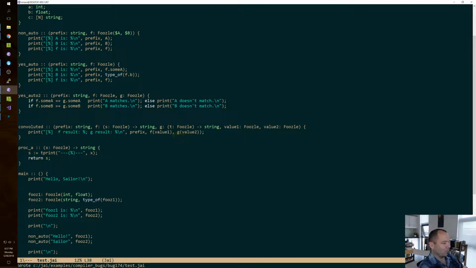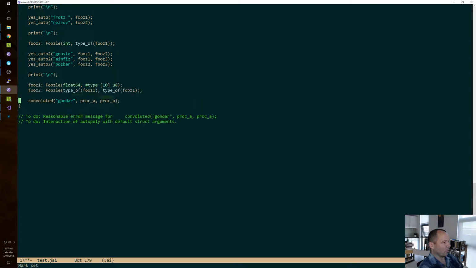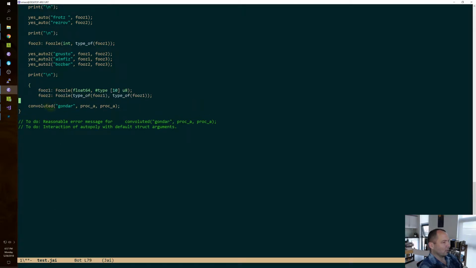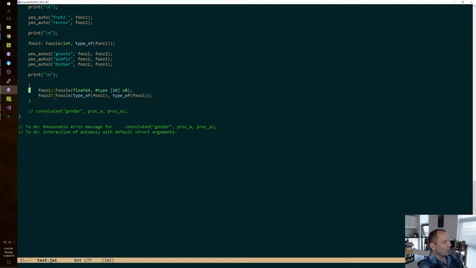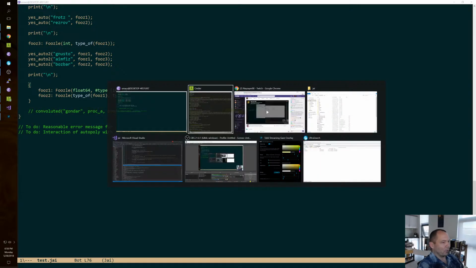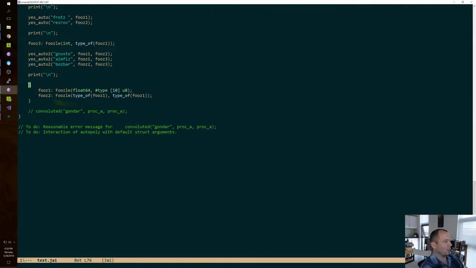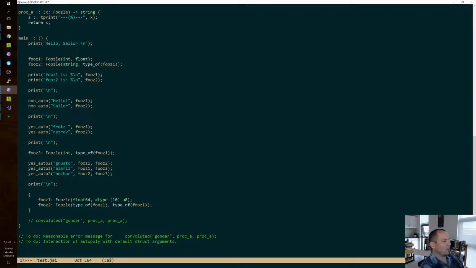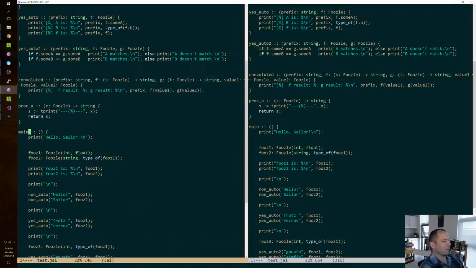Now we're actually going to bake these out. This was our thing that doesn't give us a good error message. So we're going to make 2 foozles. Let's make sure this compiles. Okay, great. We're not using it yet. So we're making 2 foozles, and we're going to say